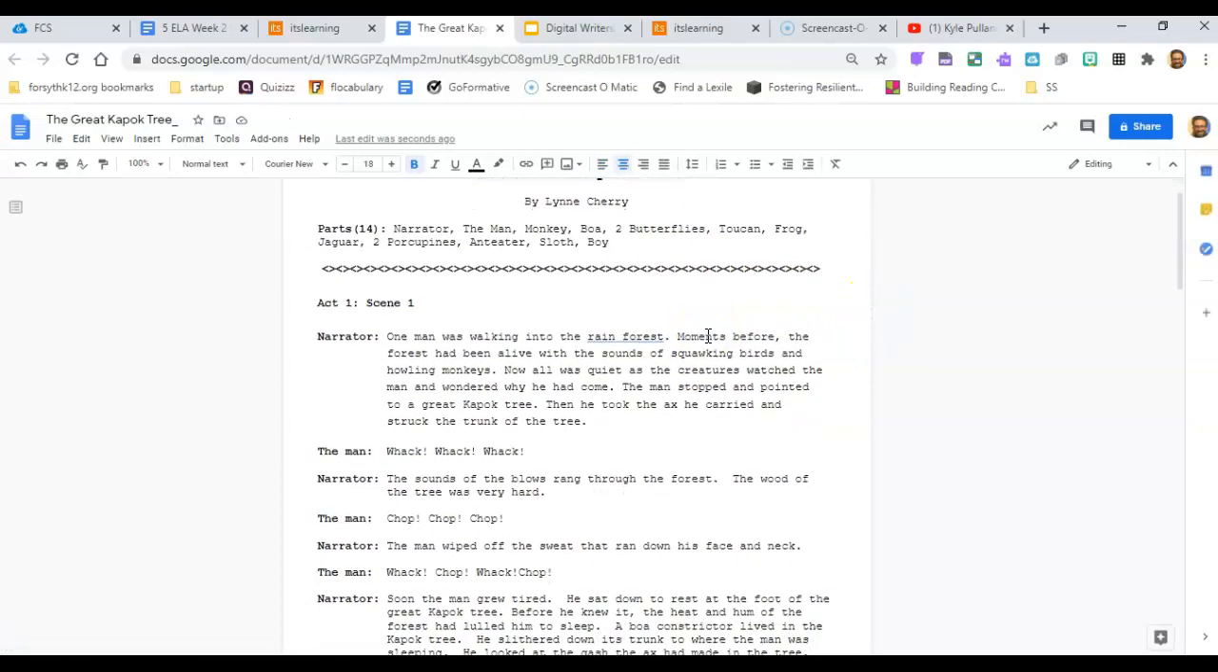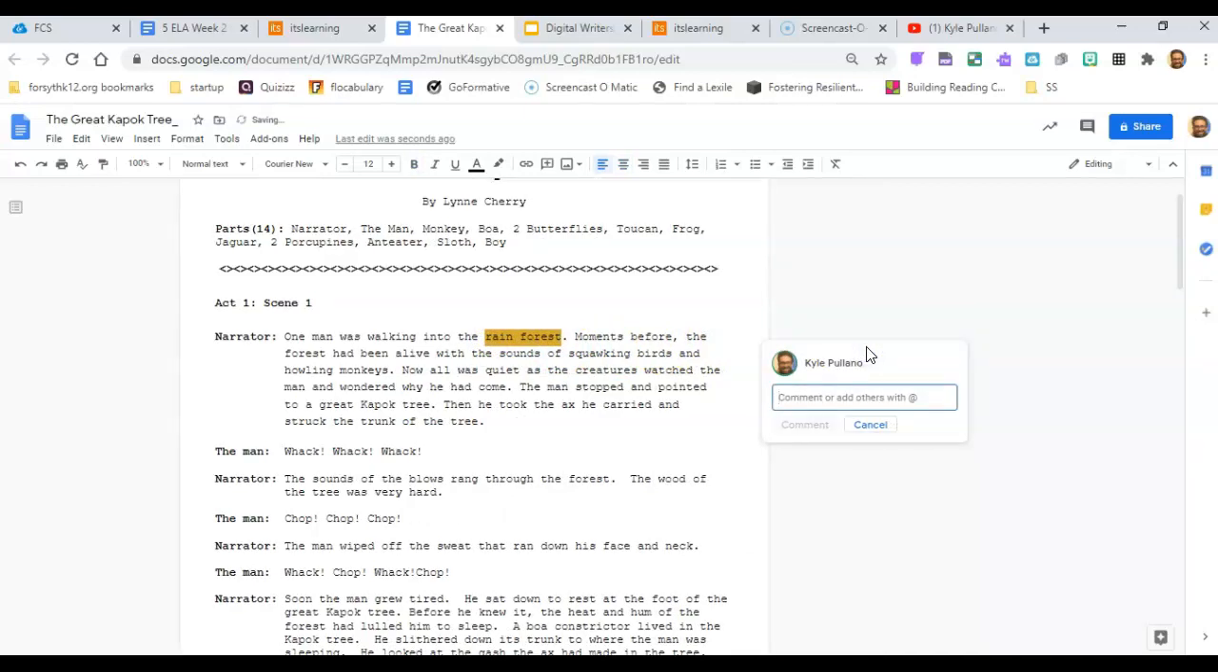And so just to show as an example here, I'm going to look at this. I'm looking at the characters in the scene. So I see a man here. I'm going to put an idea there in a minute, walking into the rainforest. And so you can highlight here and go over and click add comment and put